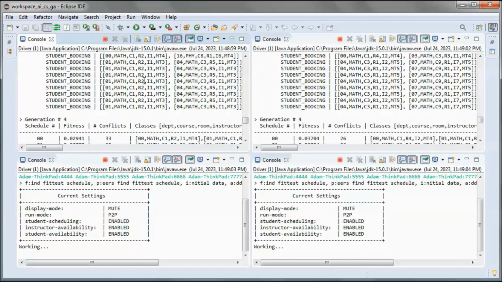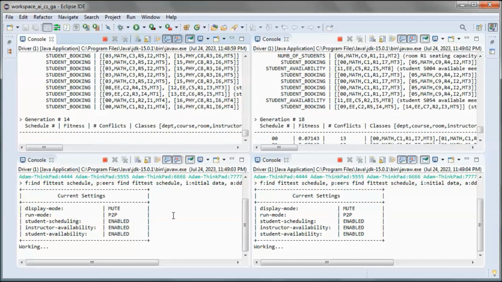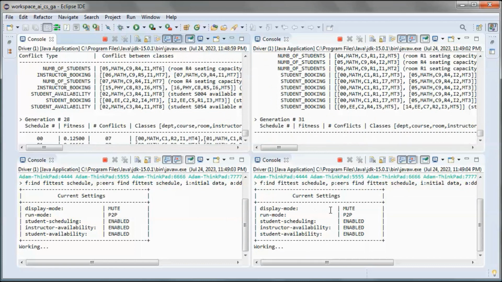So those 2 are running in verbose mode, and those 2 are running in mute mode.